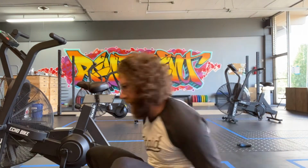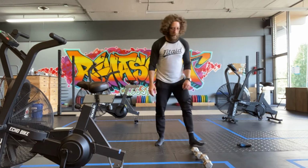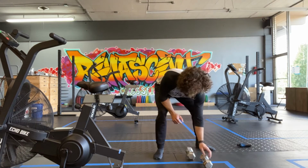So as far as how long the buy-in should take, we want those double unders and burpees to be done in about 45 seconds or less. That way you have about a minute or just over a minute to work on the devil's press. So devil's press, let's talk about those a little bit. I have my 2 dumbbells here. On those devil's press,